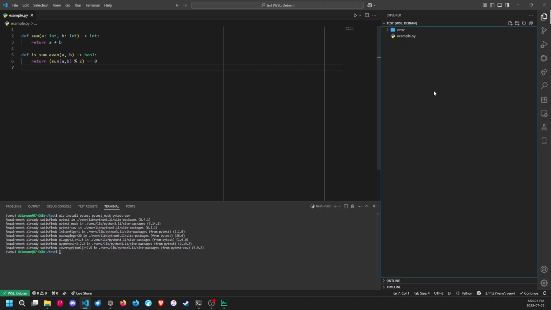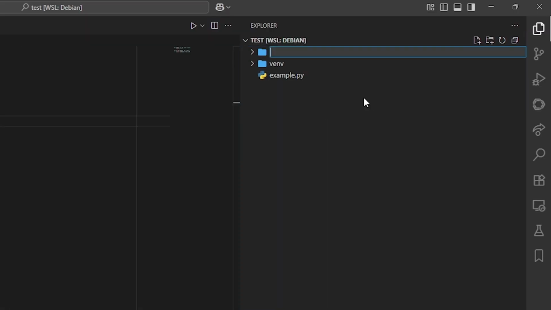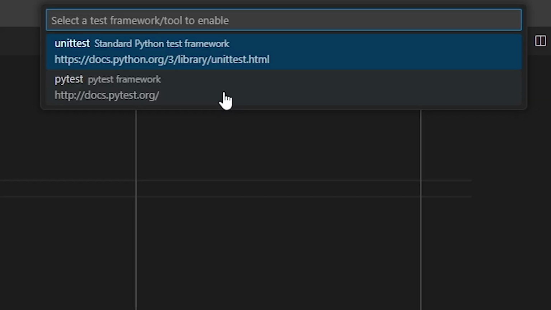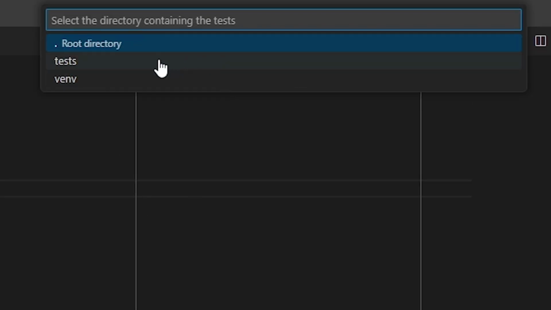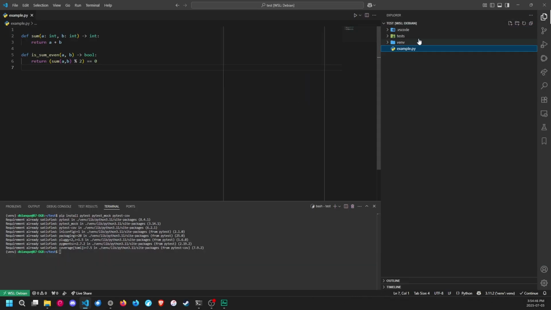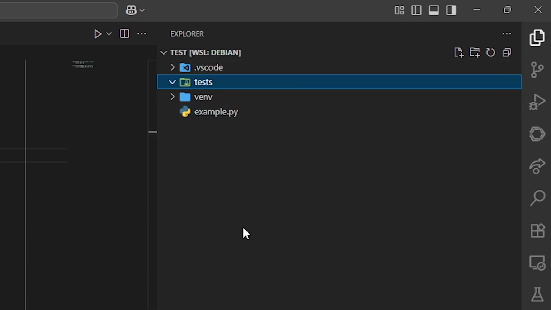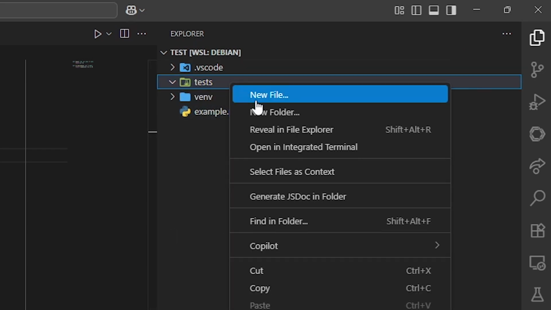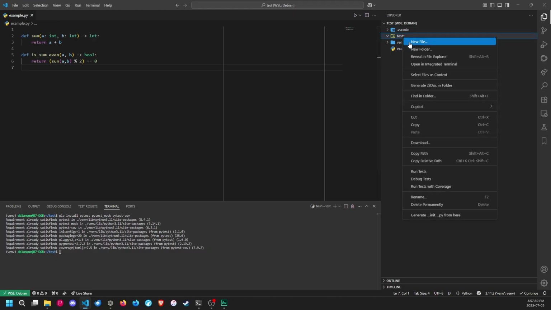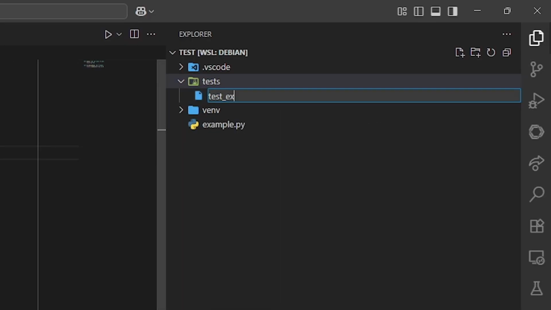So once you've done that, you're going to create a folder called tests. And if you're in VS Code, you're going to want to configure your Pylance testing tab. So we're going to go here to testing, configure Python tests, and click on Pytest framework, and tests directory is our testing directory. So once we've done that, we can go here and click on new file and start making tests. So we're going to do a test file called test_example.py,